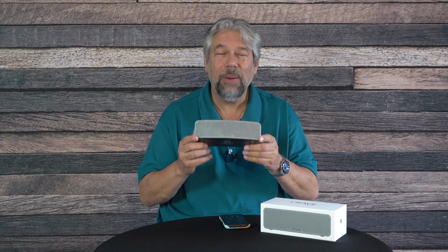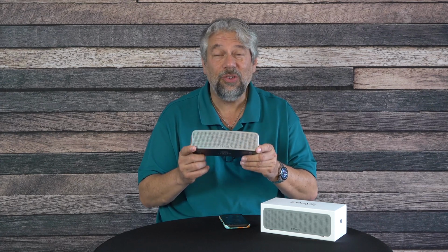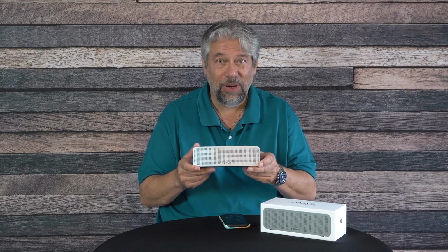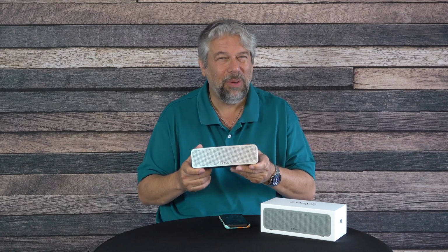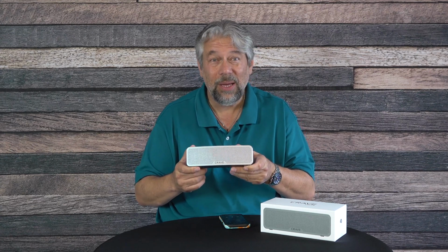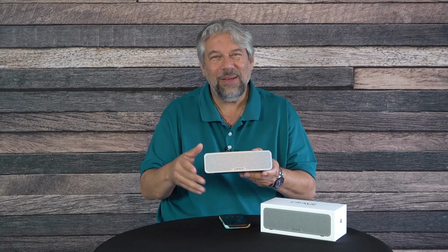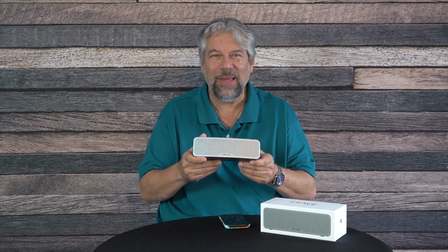about the sound. But before we get to the sound, let me tell you some of the specs. So, it has dual drivers, it's 20 watts, 10 times 2, and it puts out 90 to 20,000 hertz frequencies. So there's not a ton down at the bottom level, but mostly we can't hear anything below about 50 or 60 hertz anyway. So often you'll see 20 to 20,000 hertz. This is 90 to 20,000 hertz. So there's a little bit less of the super low bass, but we'll get back to that when we actually